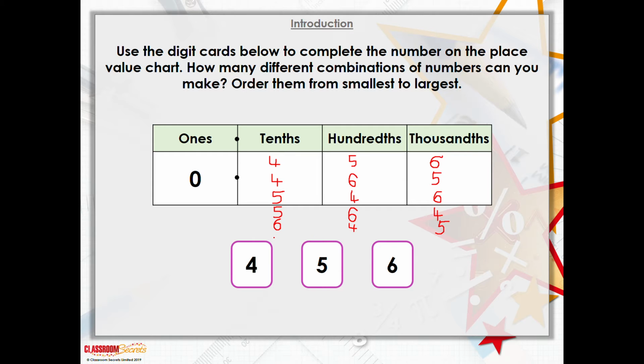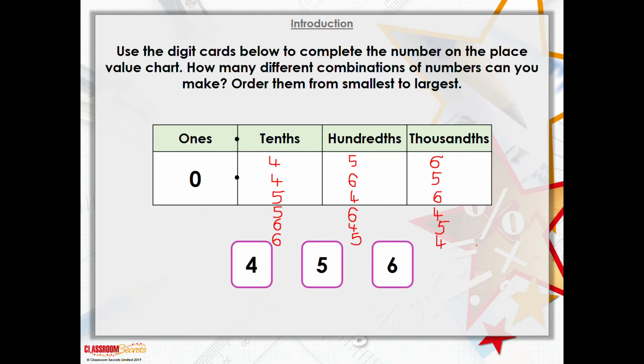And then we're going to put the 6 in the tenths column again. This time swap around the 5 and the 4. Obviously if I was doing this nicely I would have written 0 point and then the digits quite close together. So there we have